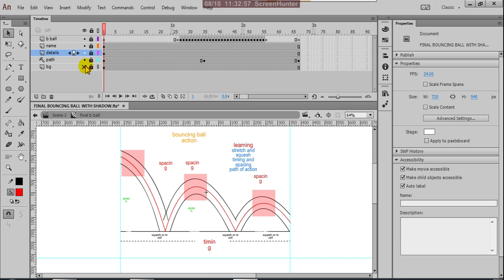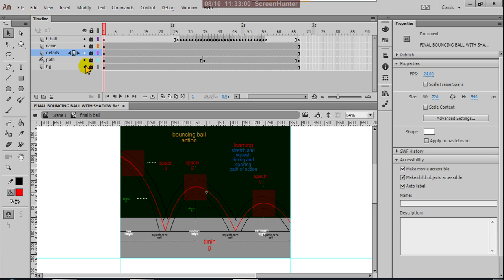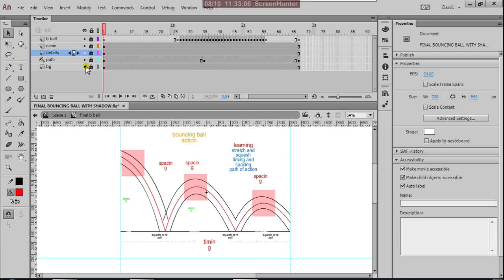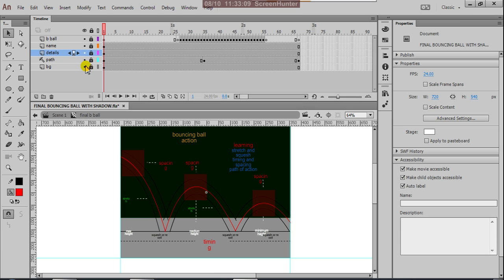This is my background, you can fill it with any color. And this is my path. And this is my text, and this is a name, the written script. And these are the ball actions. These are the ball action frames, all keyframes.